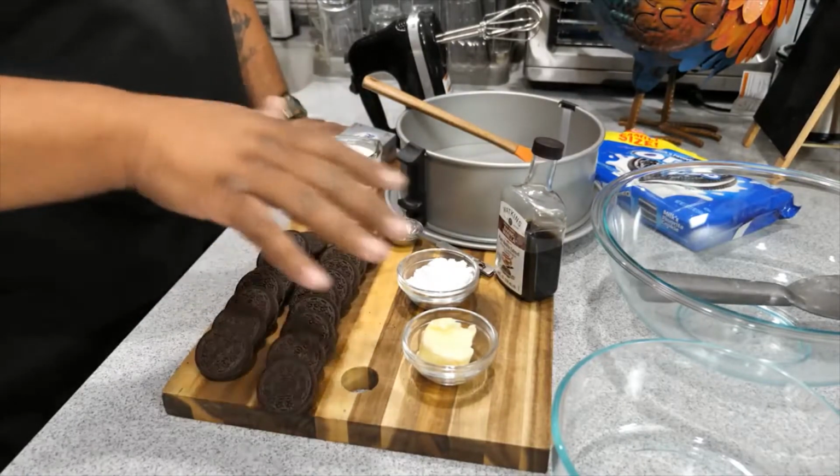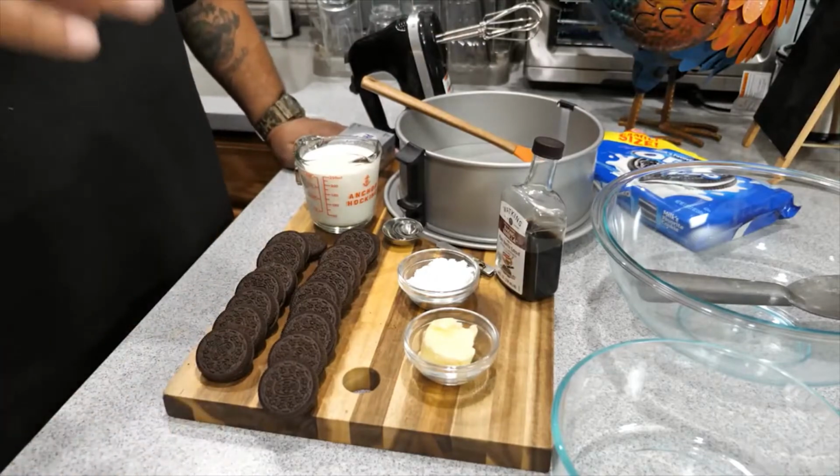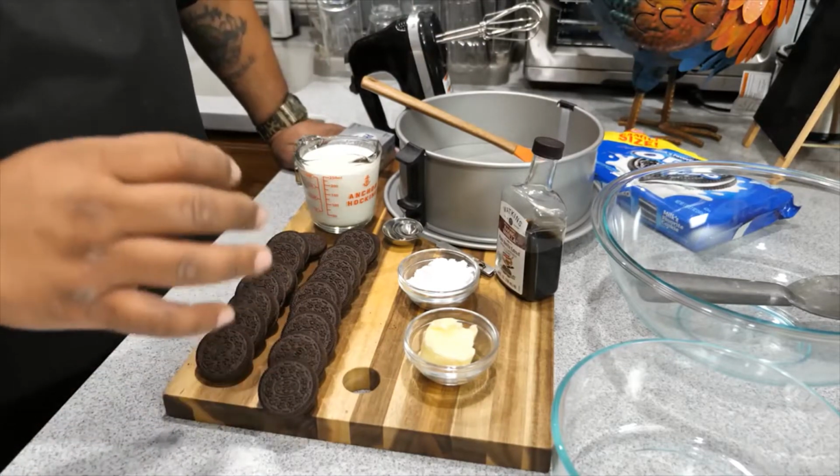Now, with that being said, you see all of the ingredients. So the first thing we're going to do is move our ingredients. We're going to set up our